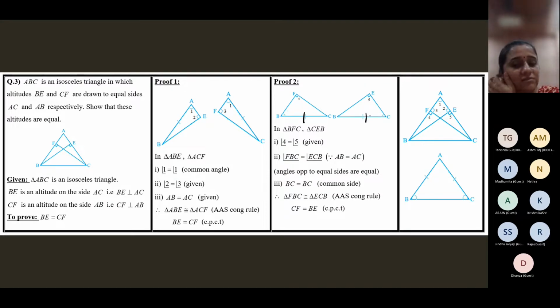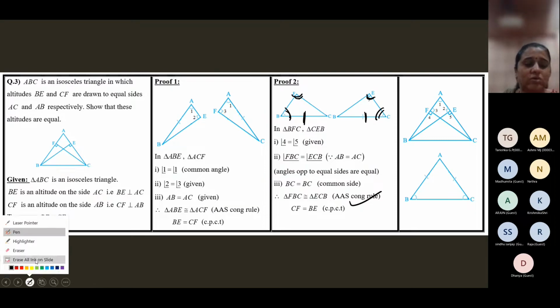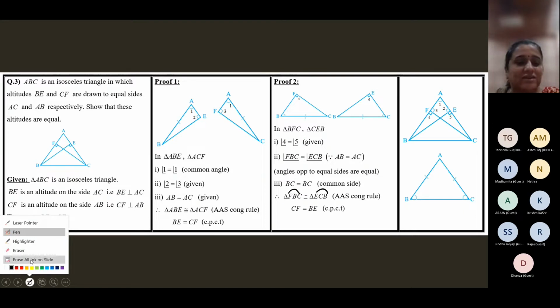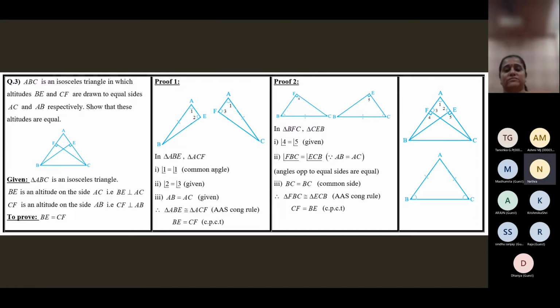So what rule is that, Raja? Ma'am, two angles and one excluded side, so it's AAS. AAS, very good. By the AAS rule, the two triangles are congruent. Now, for these two angles, which is the included side? Ma'am, FB. And for these two angles, which is the included side? EC, ma'am. Very good. All right. So the two triangles are congruent, and so by CPCTC, we have CF is equal to BE. Very good, Raja. Yes, Netra? Yes, ma'am.